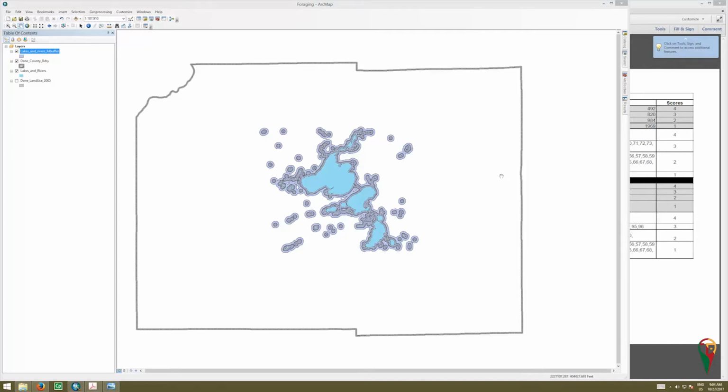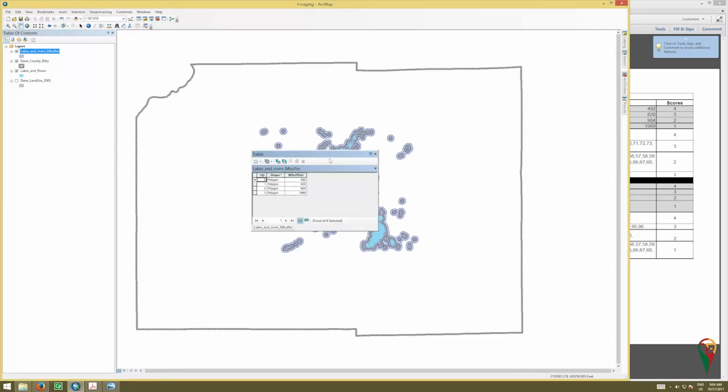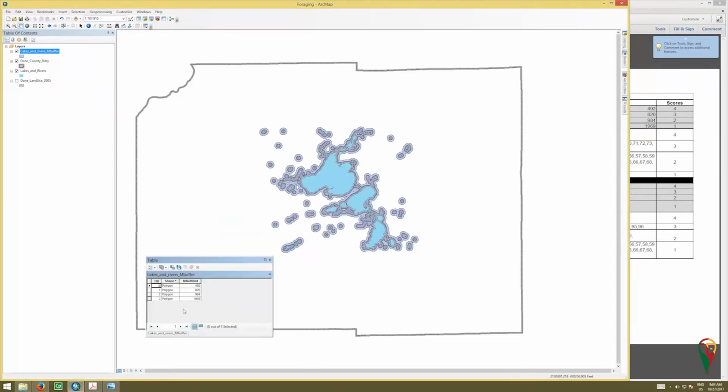Now that we have our lakes and rivers multiple ring buffer, let's go ahead and open up the attribute table. Here in the attribute table, you can see that there are essentially our 4 records. So we have a 492, the 820, the 984, and the 1969. But we now want to add a score because later on when we composite these, we're going to want to